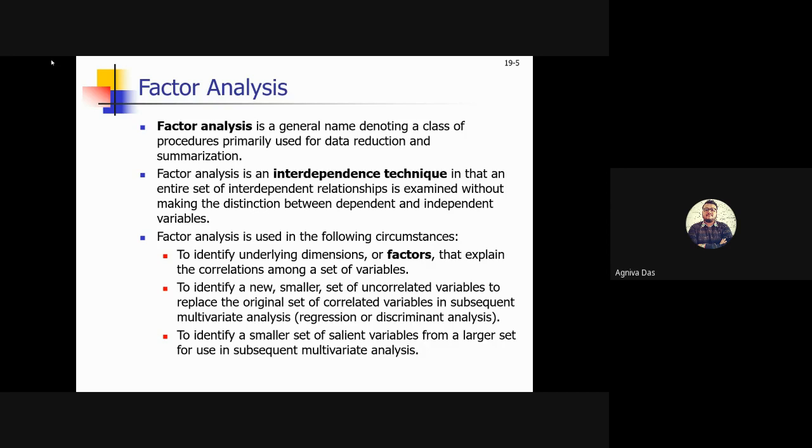Another circumstance in which factor analysis might be used is to identify a smaller set of salient variables from a larger set for use in subsequent multivariate analysis. So in that case, there might be certain cases where, for example, in marketing research, this is a very highly coveted tool, factor analysis, in order to understand which bracket of customers or which customer to group